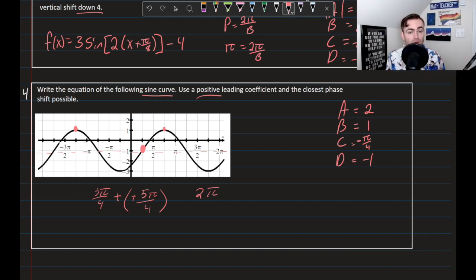So we put all this together. I get f of x is equal to 2 sine, because it wants a sine graph, of, well, I don't really need to do that because the b is 1. So x minus pi over 4 minus 1. And that is it